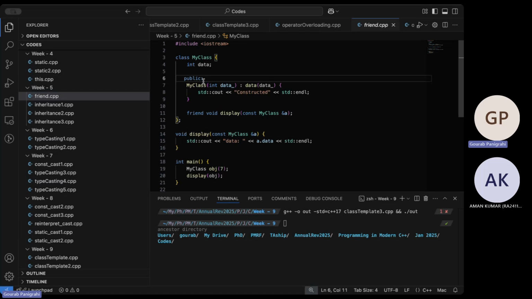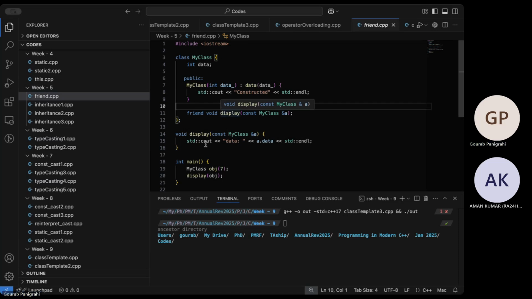Private data is always local to that object itself, or to that class itself. Public data or public functions are accessible outside the class. If it's protected, then it is accessible by the derived classes of that base class.